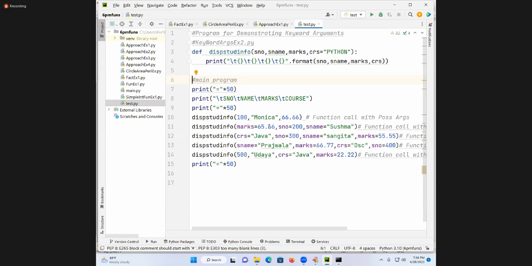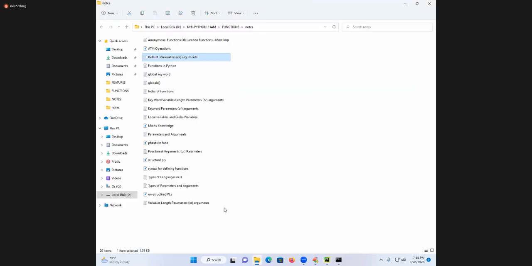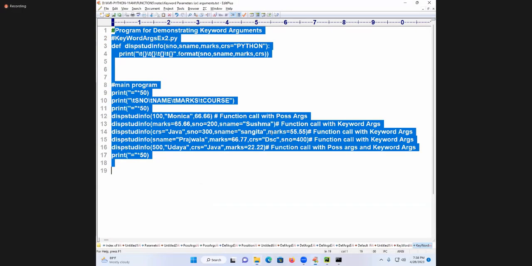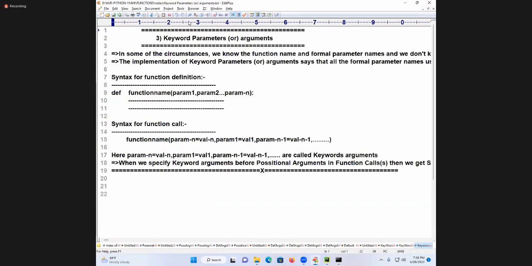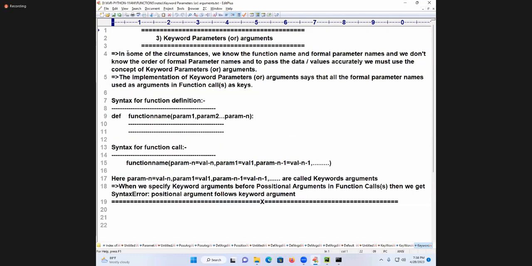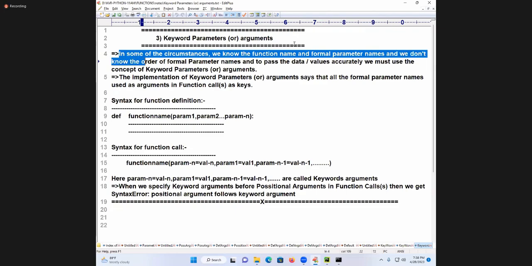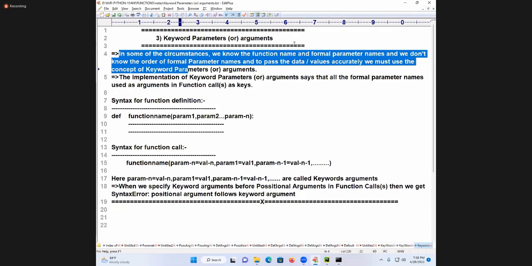So, are you following? Shall I show you the keyword arguments concept? Now, see all of you. Keyword arguments. Read out. In some circumstances, we know the function name and formal parameter names but don't know the order of formal parameter names. And to pass the data or values accurately, we must use the concept of keyword parameters or arguments.